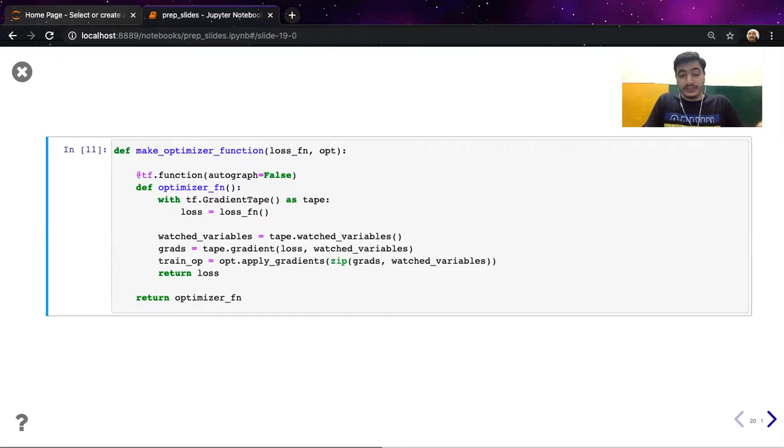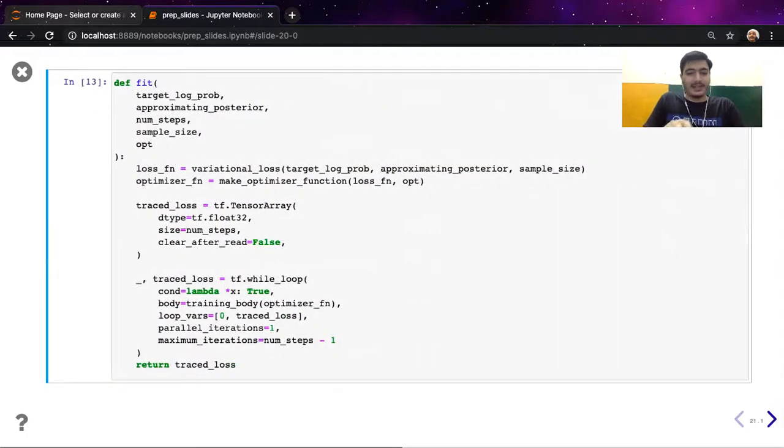Yeah, so the loss function defined previously in terms of Monte Carlo approximation, we're going to call the function and we're going to apply the gradients. Here we are free to choose any optimizer we think of, and we're going to run this optimization function as many times as we wish.